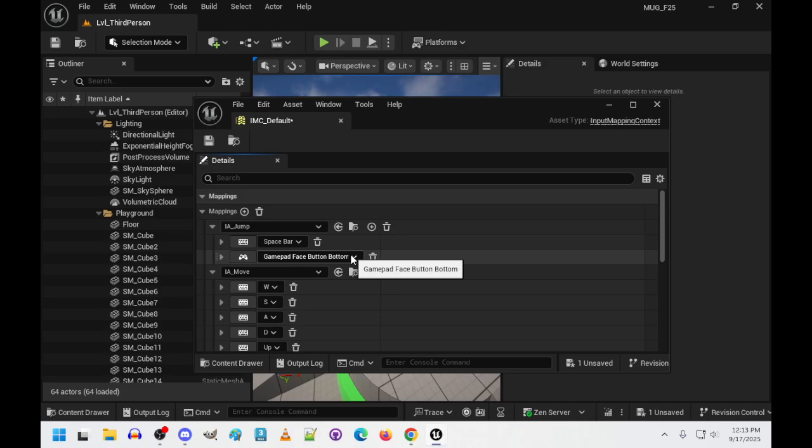Unity calls them north, south, east, west. So those of you in that class, that's how they're being called over in Unity. These are being called face button bottom. So